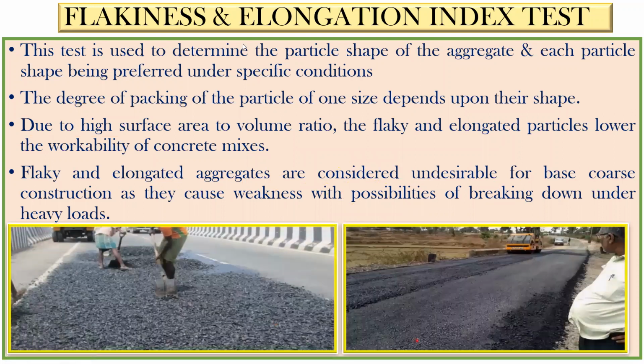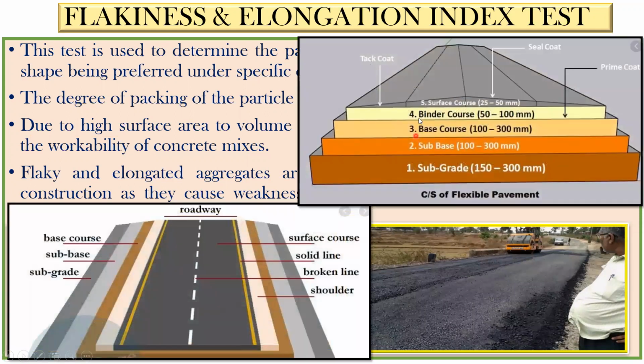Usually for the construction of roads and all, we want to check the flakiness and elongation index test, right? So coming to the layer, it is written here, it is called the base course. So this is how it looks. These are the different layers of a road. If you have seen a normal bitumen road, you can see it here as well, right? So when you prepare a road like this, these are the different layers you get. The first one will be the subgrade. Then after the subgrade, we are going to put the sub base, and after the sub base, we are going to put the base course. Then we are going to put the binder course, and then finally you are going to see the surface course, that is the black bitumen that we see here, right? So these are the layers of the road.